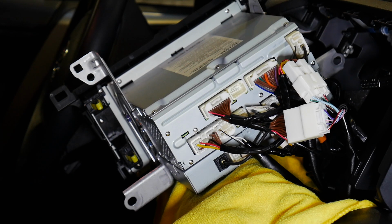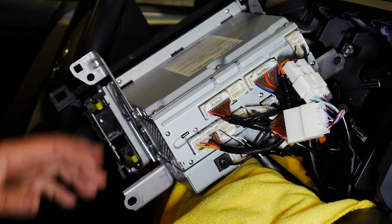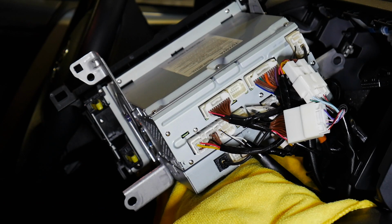I was able to just feed the wires that way and plug in the VLine. So that's it, guys. That's how you run the wires and connect the VLine into the